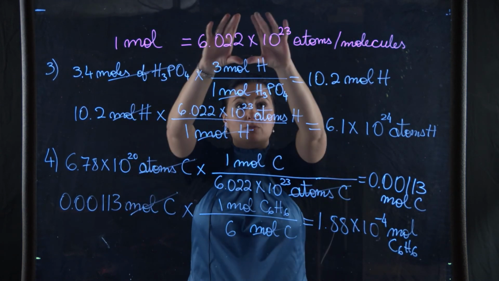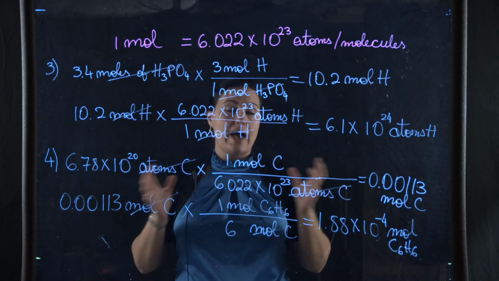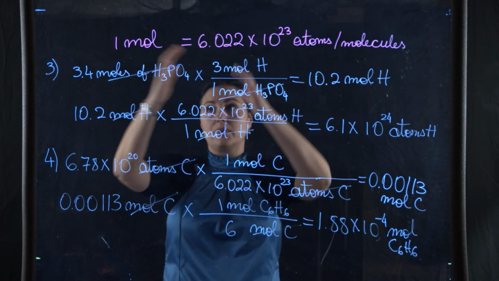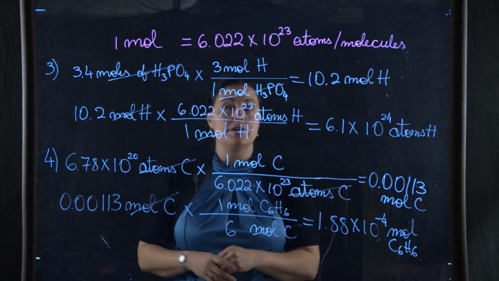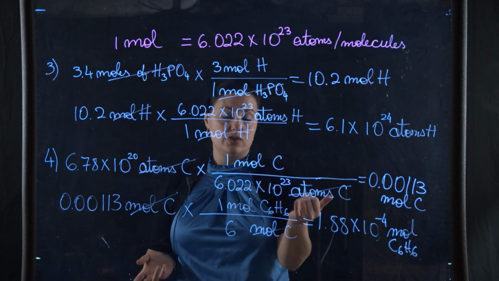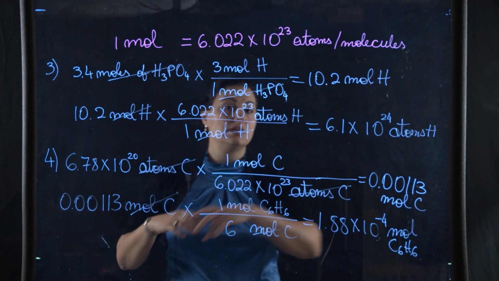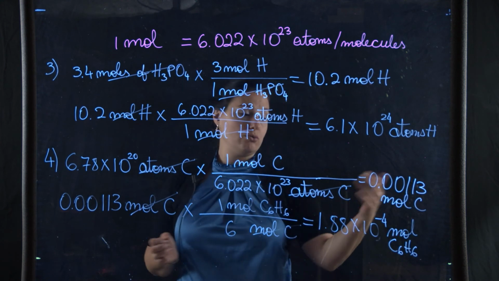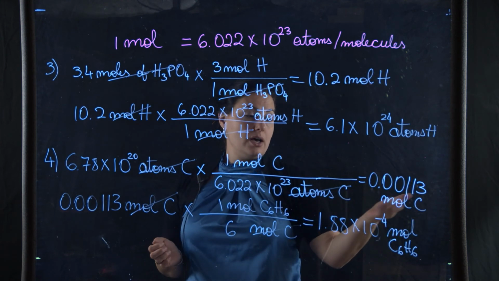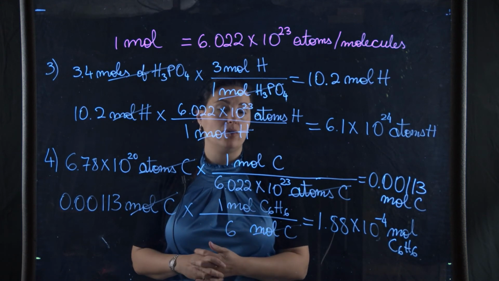If I'm going from huge numbers of atoms to moles, I'm dividing by Avogadro's number. If I have number of moles and I'm looking for atoms,